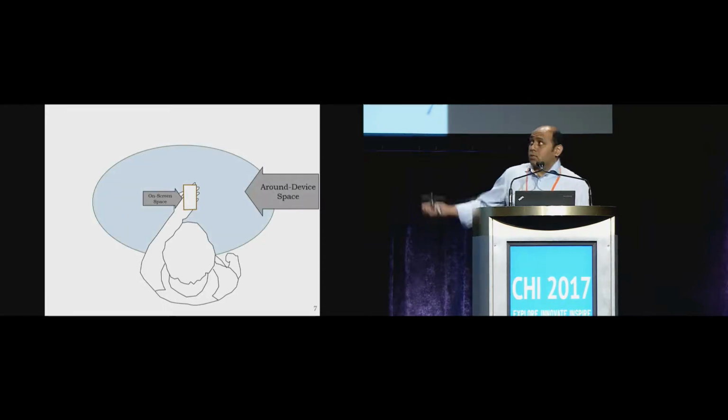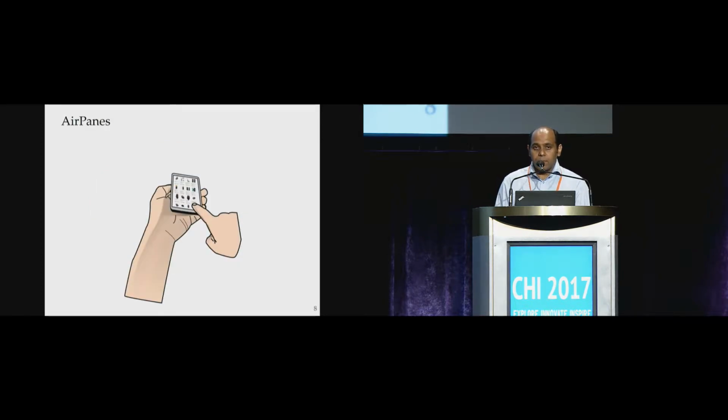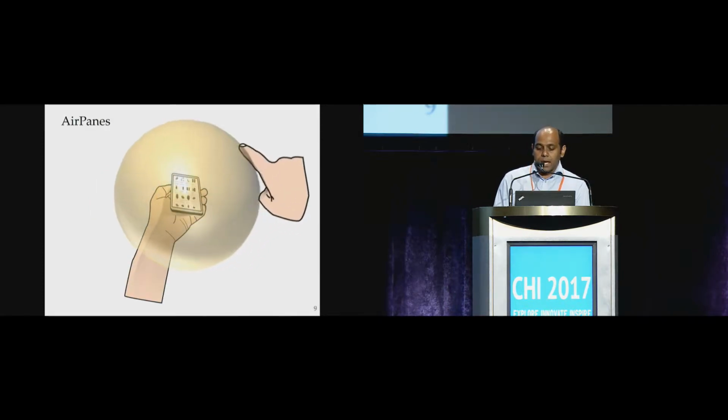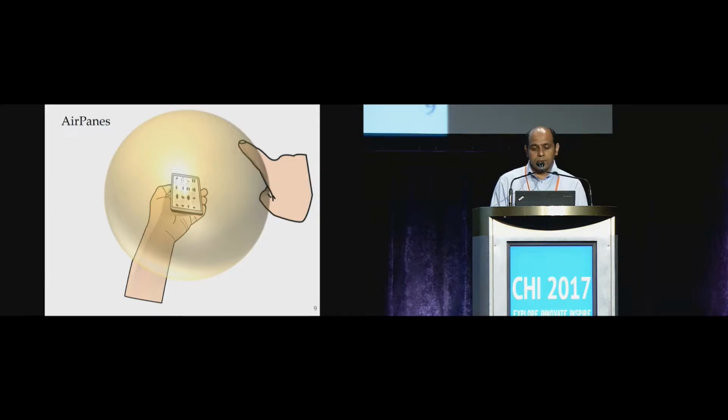The surrounding void space of a mobile device is considerably larger than the small screen space. Ideally, a mobile device could be augmented with a virtual interactive plane that could extend beyond its physical boundary for storing and retrieving on-device content. Instead of interacting with a small touchscreen, a user can use the large surrounding space for exploring information. So based on this idea, in our paper, we proposed AirPane, a novel strategy to structure mobile interfaces